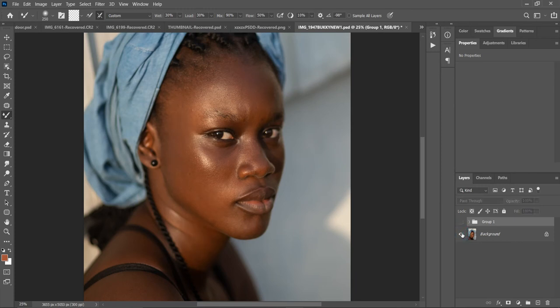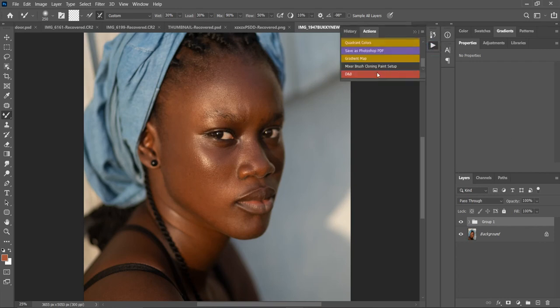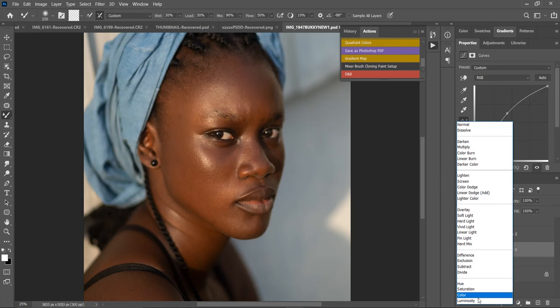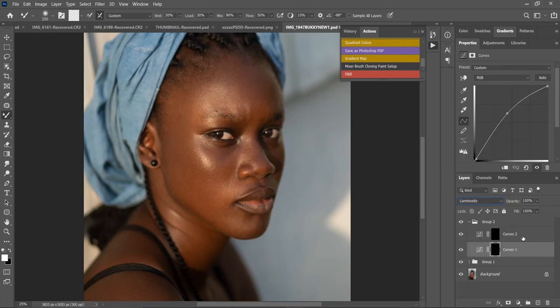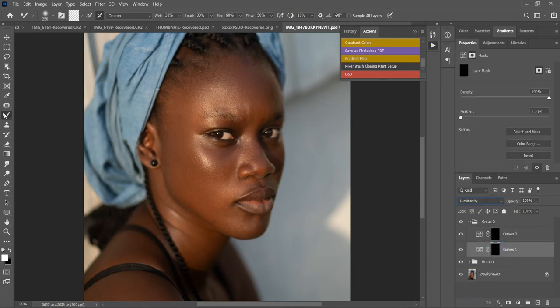So I have an action for my dodge and burn. So come to my dodge and burn and set my blend mode to luminosity. Two of them, set them to luminosity, and then I come here, take my brush tool. I always keep the flow of the brush for my dodge and burn, I always keep the flow at